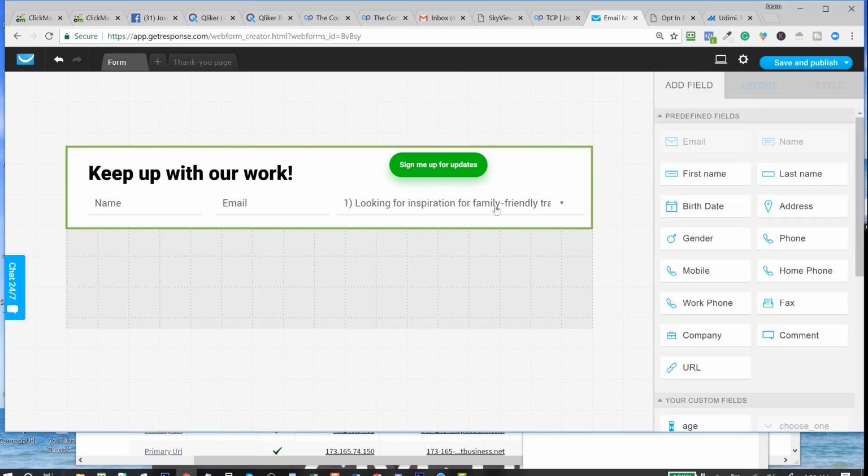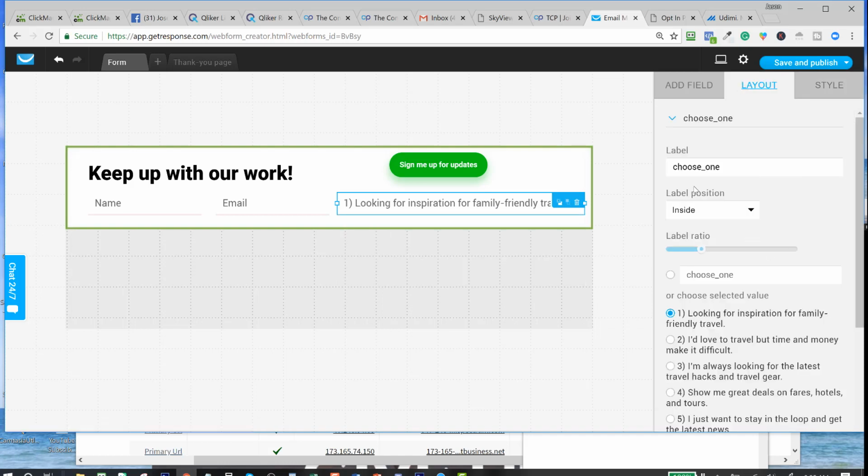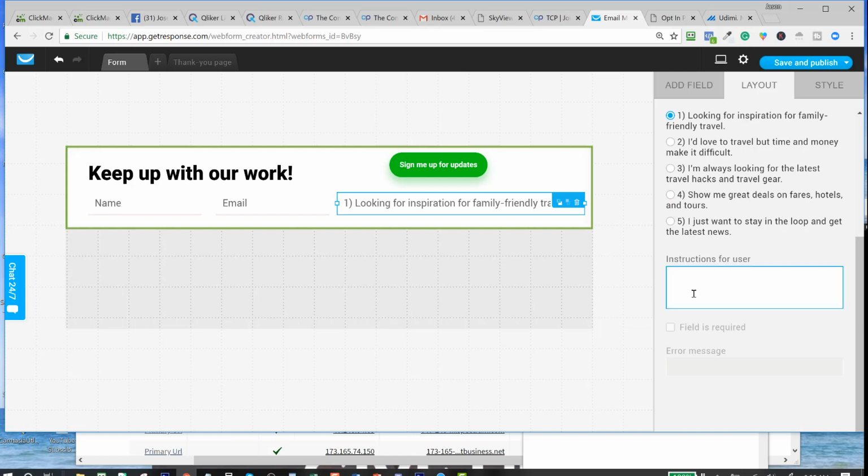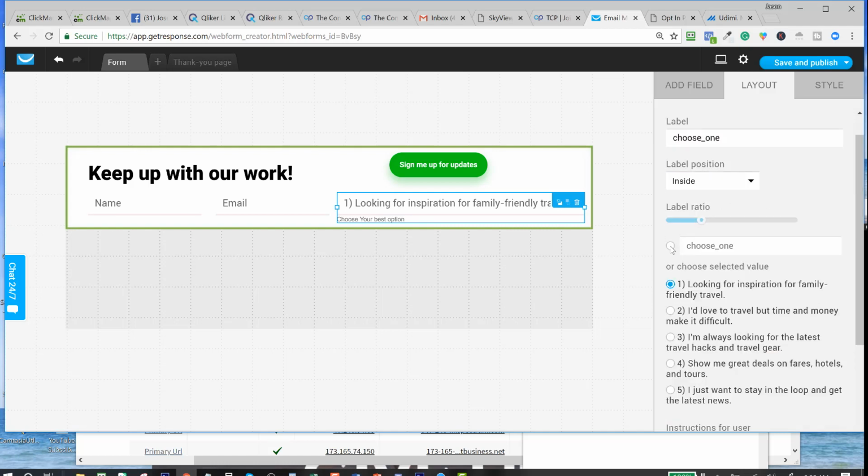Okay, so now when you double click on here, go to layout. This is what I was talking about with help text. You can go down here and enter your help information in here. Looks like I got something turned off, so it's not turned on. But you could say, choose your best option, whatever, you decide what you want to put there. I'm just making it up as we go right now. And then I want to be able to put this in here, and then I want to say pick one, or pick one, whatever you want to say,